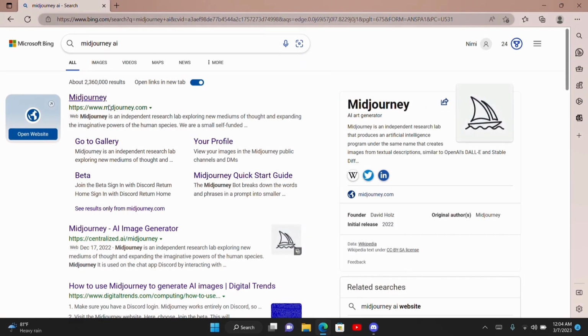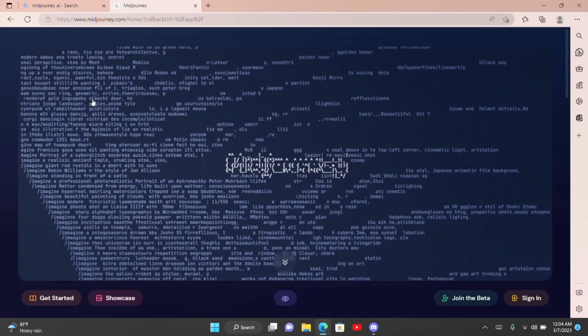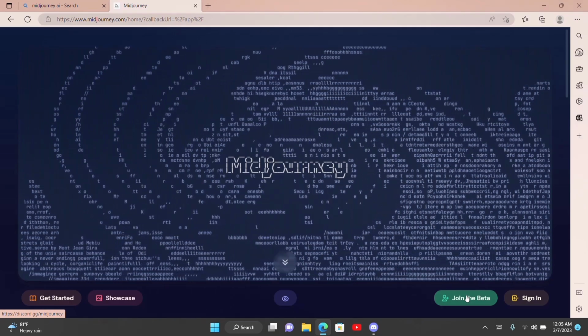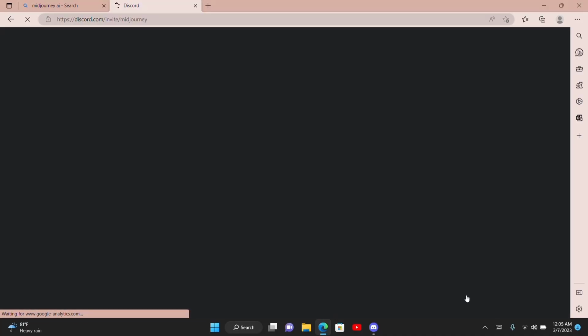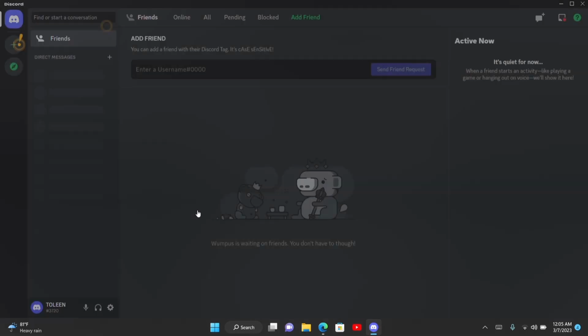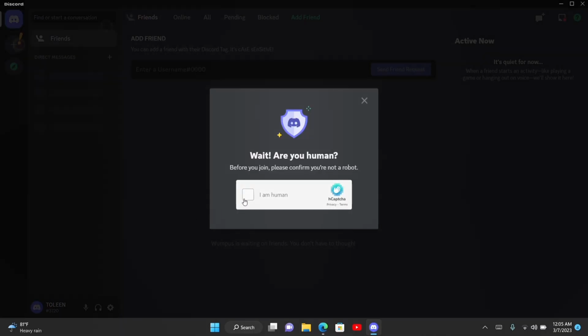So we just tap on the first one, midjourney.com, and to connect our Midjourney to our Discord, we click on this join the beta, and it automatically connects our Discord to Midjourney. So we just have to accept this invite,